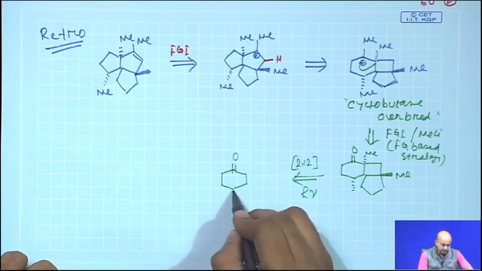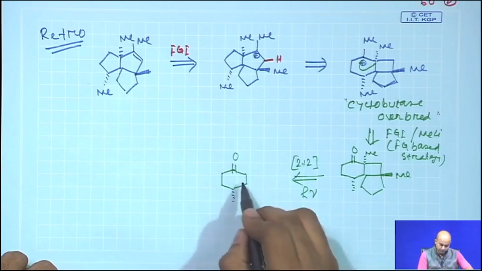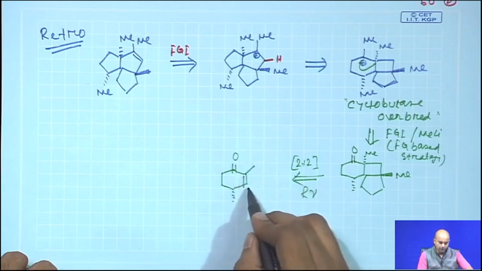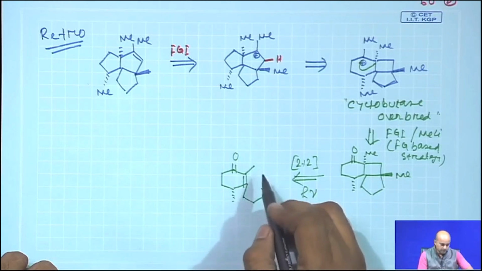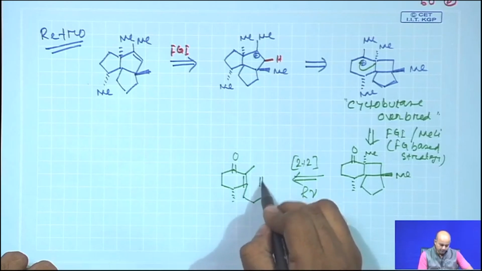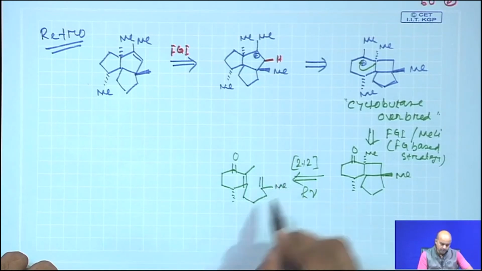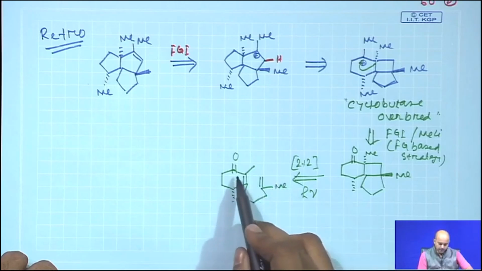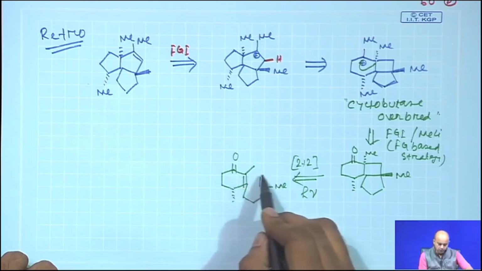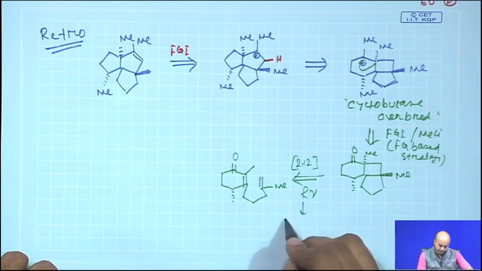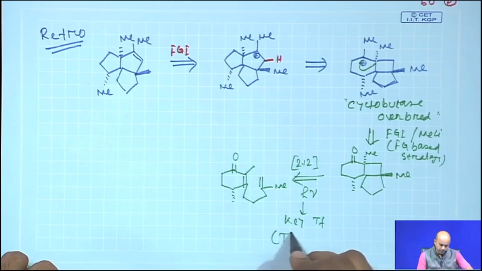I am saying that if you have a compound like this olefin, and I draw it in this way, if you have this compound, a substituted cyclohexenone system, you can easily do a 2+2 reaction. Now, what is this? This is your key transformation. So, your transformation based strategies is coming into picture,